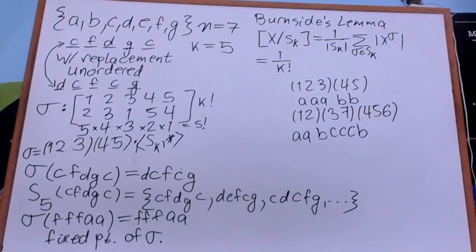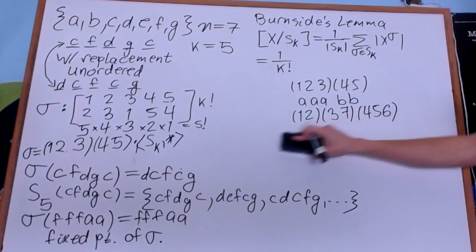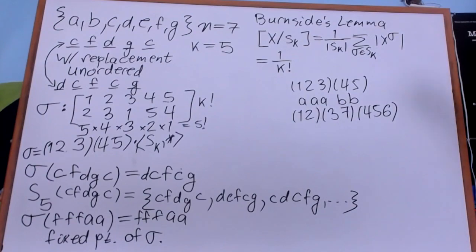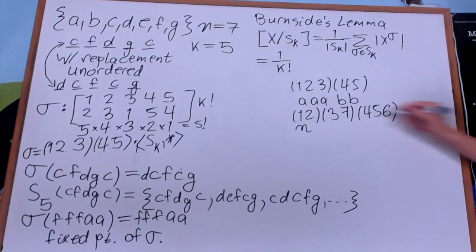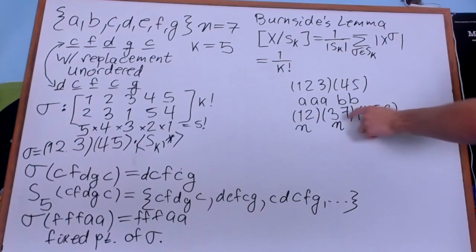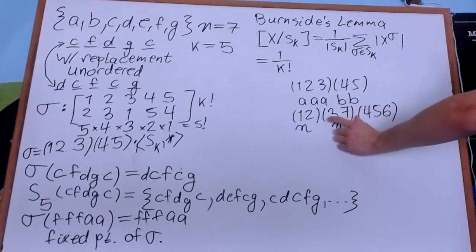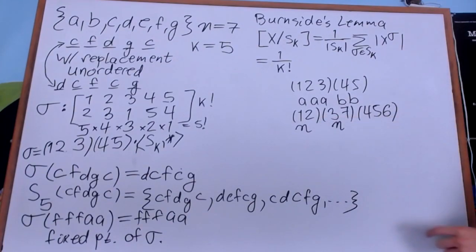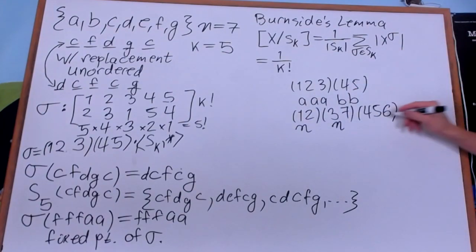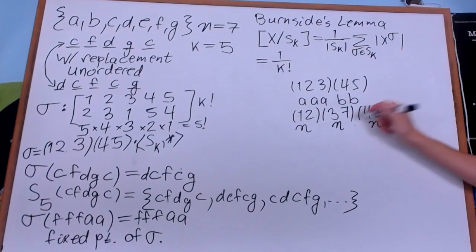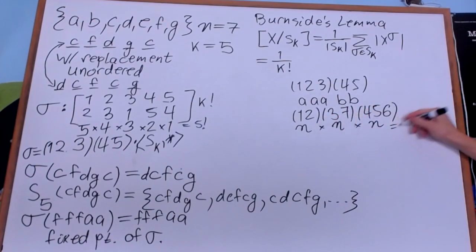But the basic idea is that for each of these cycles, you can choose any point as long as all of them in the cycle are the same symbol. So there's n choices for a symbol for this cycle. I pick one of the symbols and they all have to be the same. Same thing with this. There are n different symbols I can choose from because we're doing this with replacement. And so there are n different ways to choose this cycle. They all have to be the same. So you pick one of the symbols and all of them are the same for that cycle. Same thing here. So the total number of fixed points for this permutation is just multiplying all those together, n